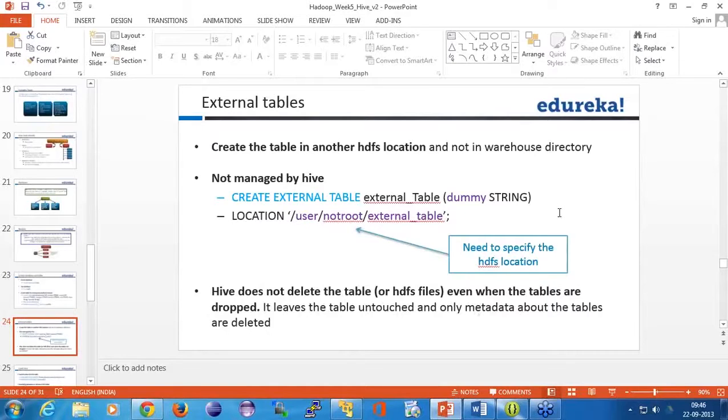Yes, the loading can be done from local as well as from HDFS, that's right. So the data can be loaded into that managed table from either of those. But in an external table, the concept is that instead of moving the data into the Hive data warehouse, you will let the data remain in HDFS only, and you will just create a reference of that table, where the metadata of this table will be stored in the metastore.